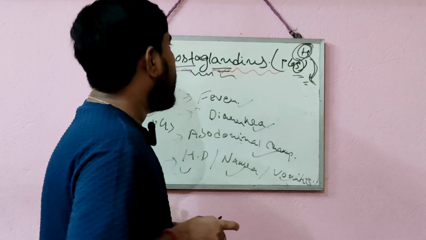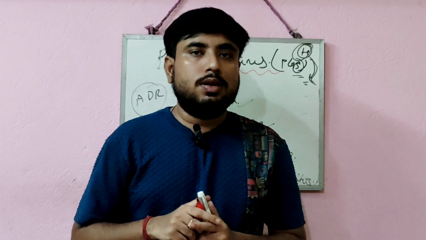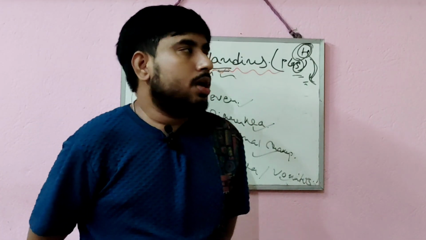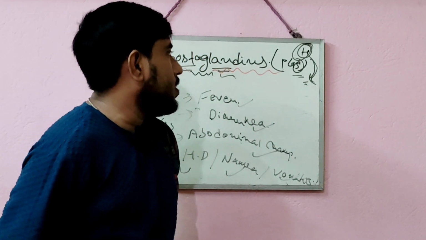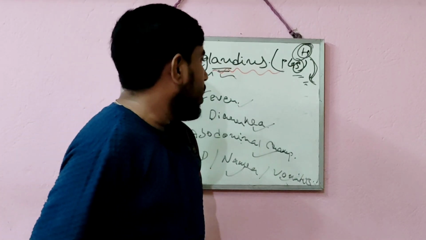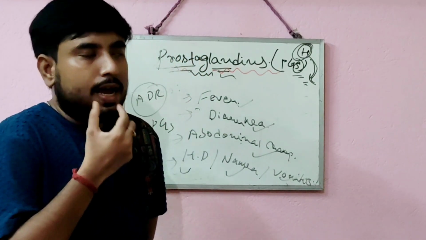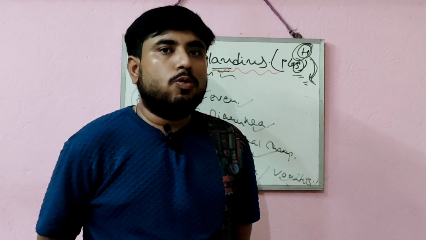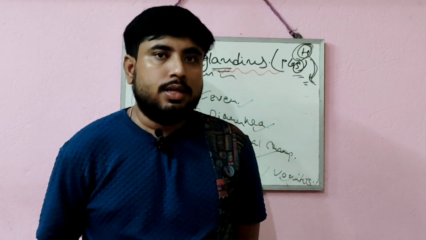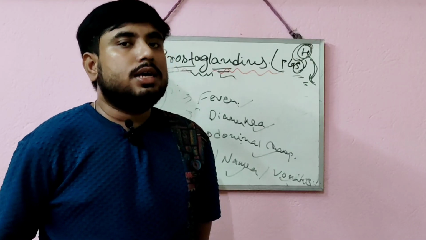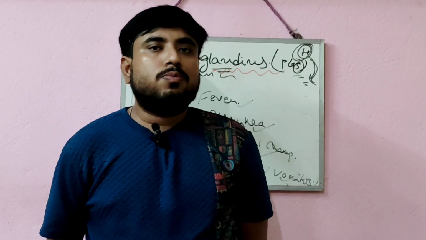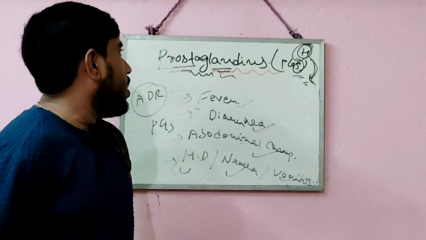So by that I have finished the prostaglandin chapter. In today's class I have discussed the introduction of prostaglandin, where I told you that it is a 20 carbon atom acid released from fatty acid and membrane phospholipid. This is generally a lipid derived autacoid. Then I discussed that most of the prostaglandin is secreted from the prostate gland, that's why it is called